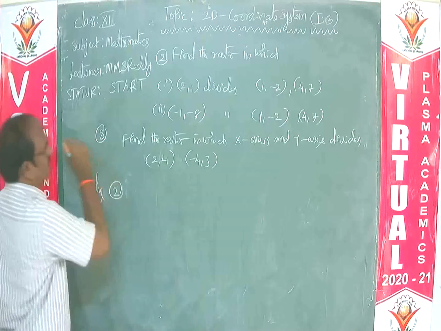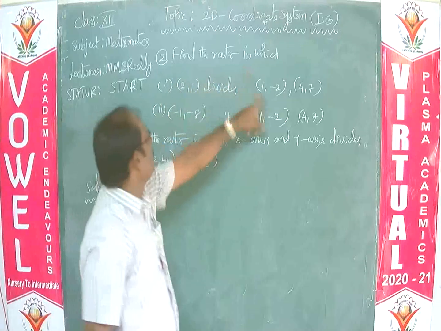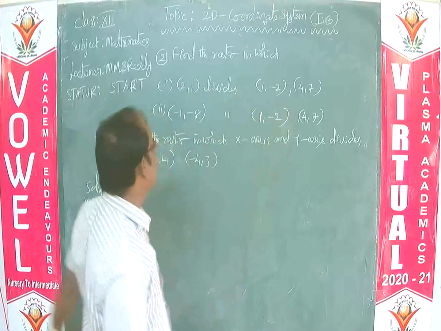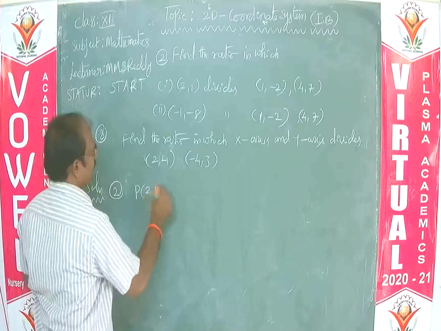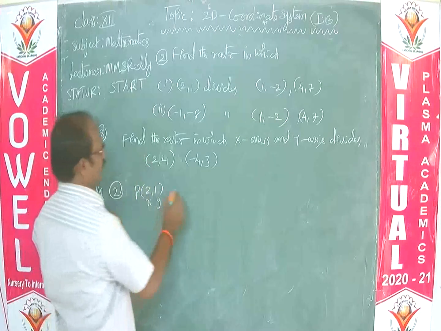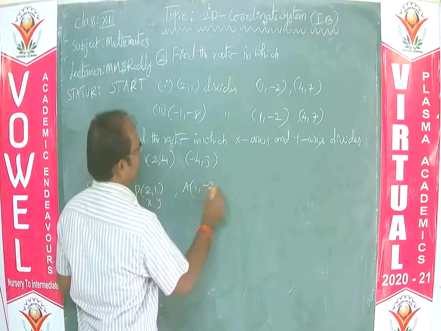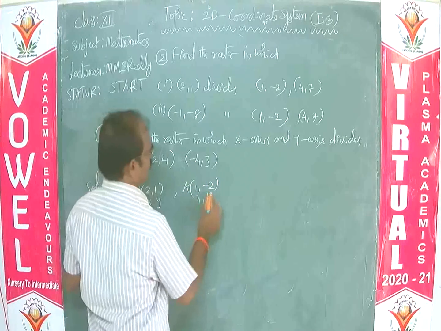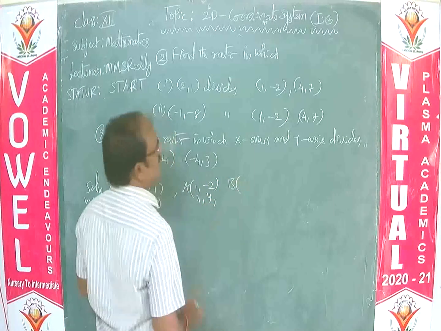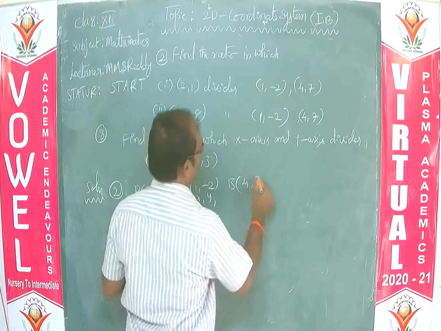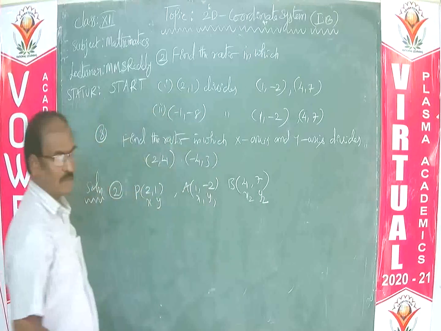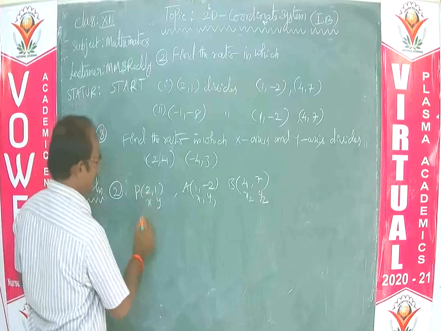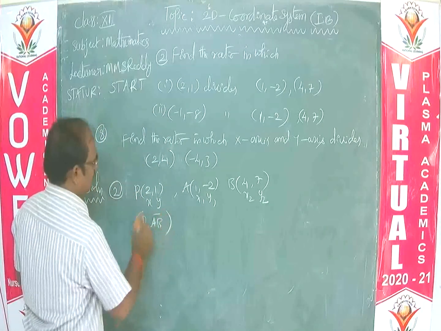Solution for first bit. Find the ratio in which the point divides the line segment joining. Let the given point be P 2 comma 1, let it be x comma y, and the initial point is A 1 comma minus 2, x1 y1. Terminal point B 4 comma 7, x2 y2. The ratio that the point P divides the line segment joining AB